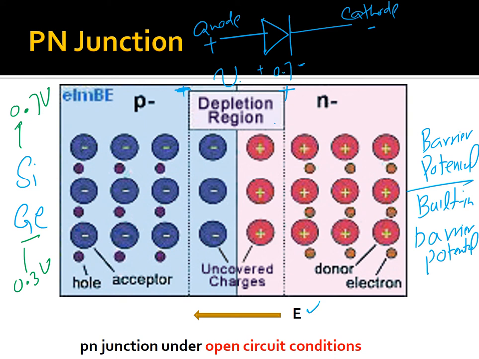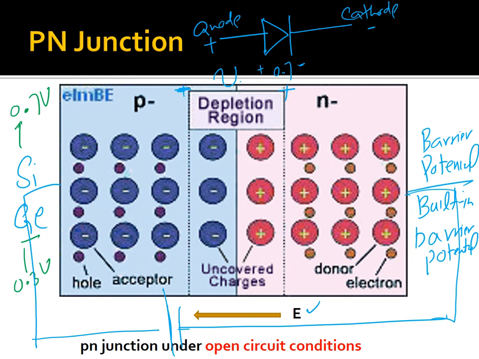Now if we want to start the flow of the charge carriers, we have to supply some external energy in the form of a battery. Once we attach some external energy, it will be able to start the flow of the electrons. This thing we are going to discuss in the next chapter. When we apply the external biasing, external energy, we will be able to change the internal characteristics of the crystal, and the flow of the electrons will start again. We are going to study this in more detail in the next chapter.